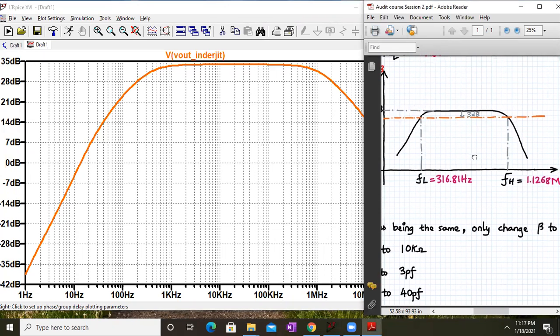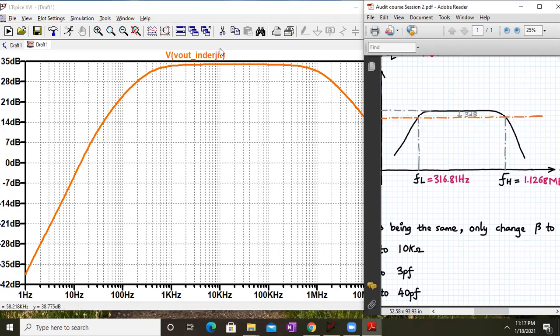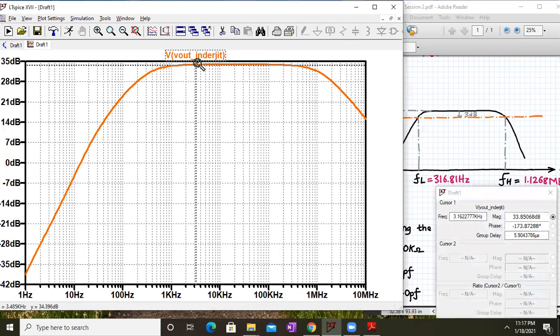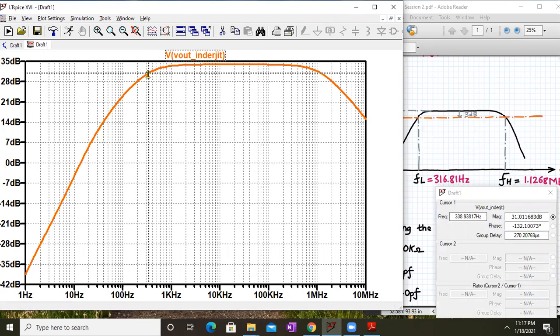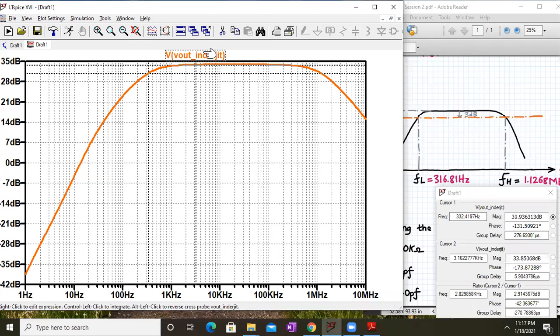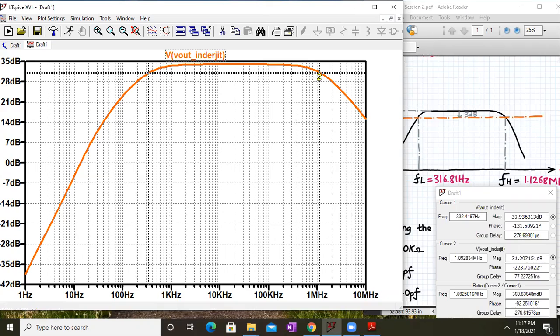Okay, so if you want to find FL and FH from this curve, what we need to do is this: the highest value of the gain over here you can see is 33.89. So we have to go over here to the 30.89 value. As you can see, it's a little bit difficult to set that number by adjusting the curves.